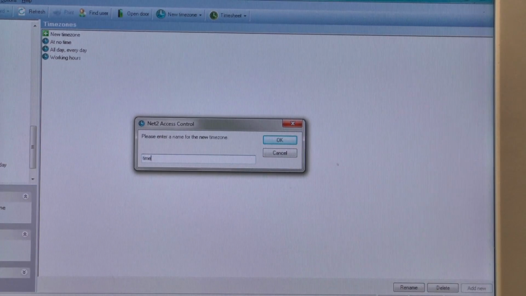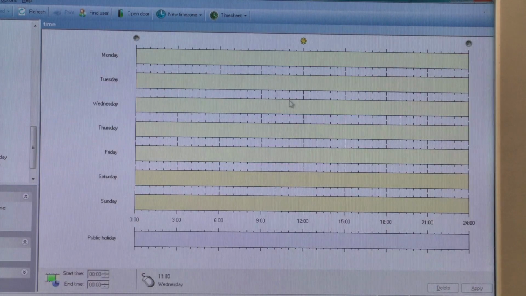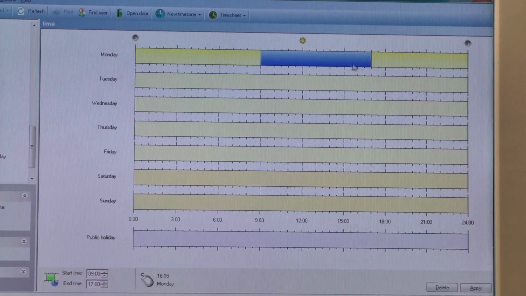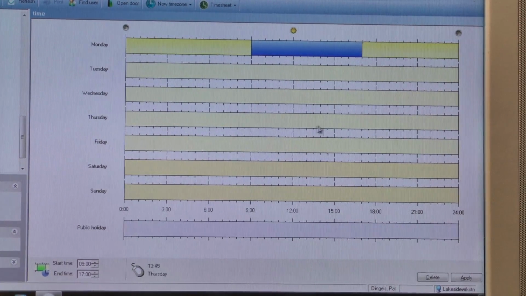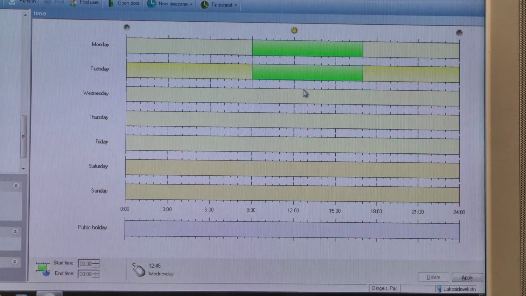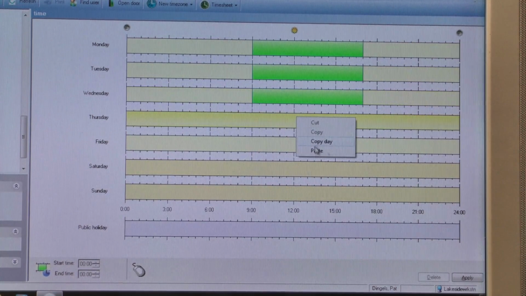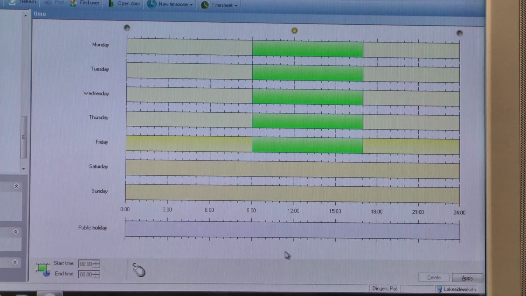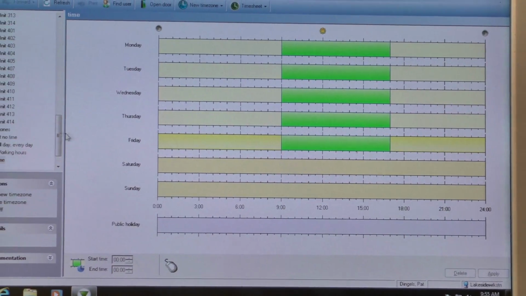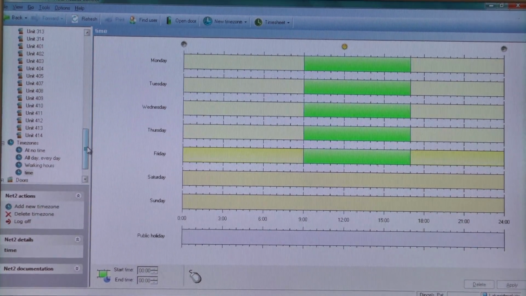If we want to make a new time zone, we can click on new time zone. We'll just call it maybe just time. Then let's say we want to make one for 9 o'clock to 5 o'clock. So we just right click, drag a box to 1700. We can see the time down here. Let's say we want to make that the same. So we can just right click, copy day, and paste it. Hit apply, and now we have another time zone that we can apply to other doors or other access levels